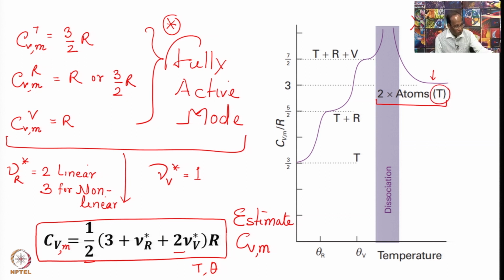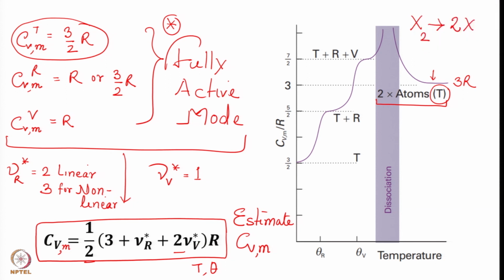Translational degree of freedom means only 3 by 2 R. That is what is shown over here. 3 by 2 into 2, which is 3 R, right. So this is 3 R, twice the contribution due to atoms. For atoms, the translational contribution is 3 by 2 R, so 2 into 3 by 2 R is equal to 3 R. So this figure